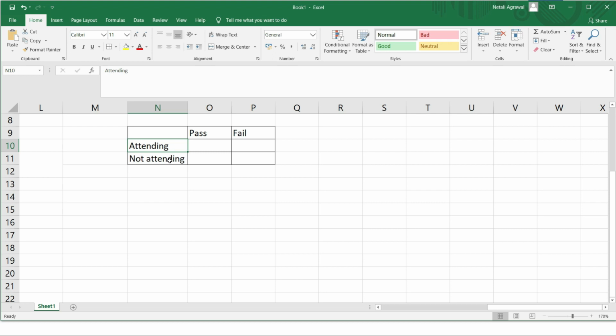So what is the null hypothesis? The null hypothesis says that the observed values fit the distribution of independent variables. It means if the variables are independent and you create a distribution, whatever the observed values, the totals or numbers you have, fit that distribution. It means the pass and fail variable is independent of attending or not attending the class.